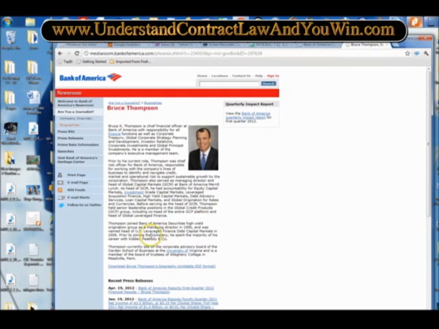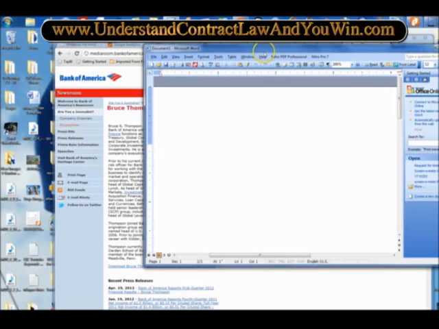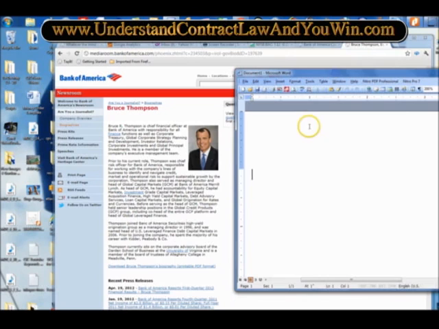You want to make sure that when you're mailing your paperwork to the Chief Financial Officer, you're doing something along the lines of what I'm about to do here for you. You want to address this to Bruce Thompson in his private capacity. So you want to mark it private,